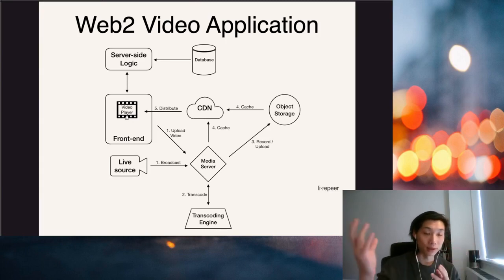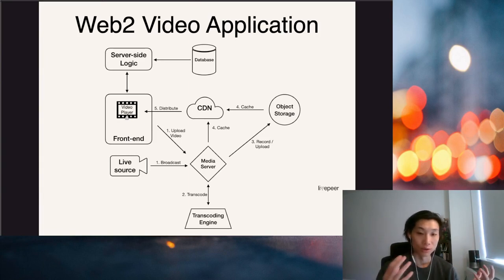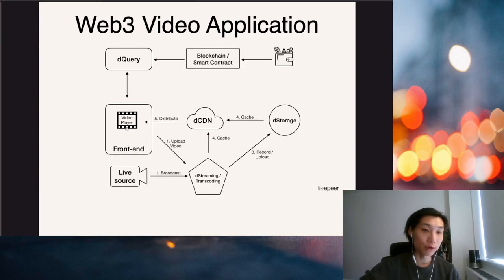And of course, on the other side, applications usually have a database that stores user information, as well as server logic that, for example, powers recommendation engines and things like that that are custom to the application itself. So if we go to the Web3 world, we see that a lot of these blocks are still in play,